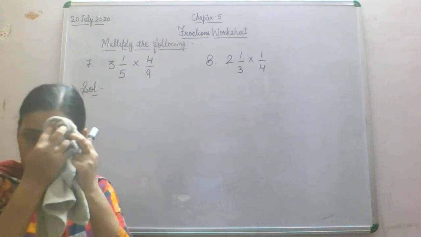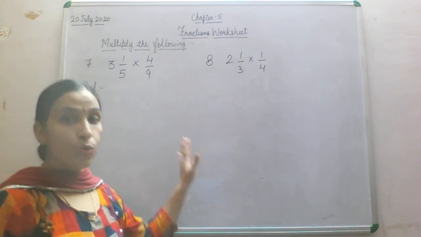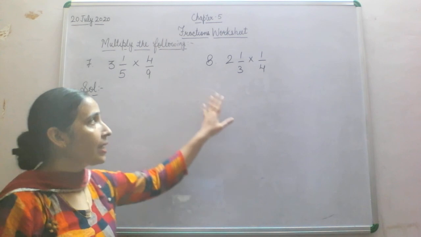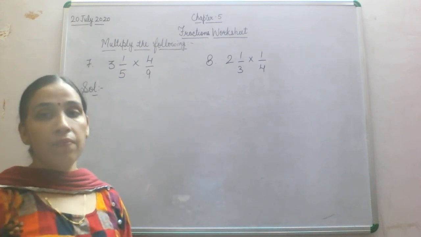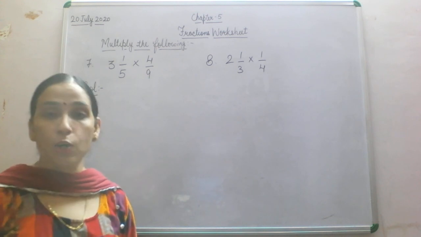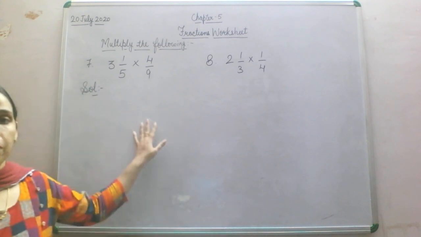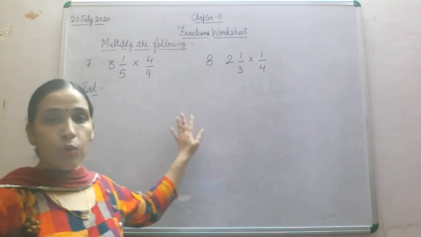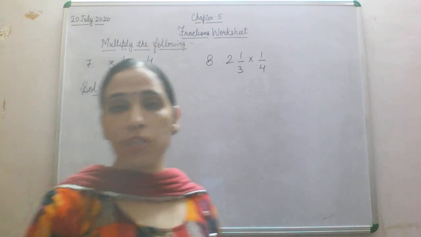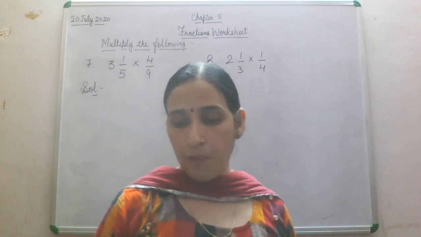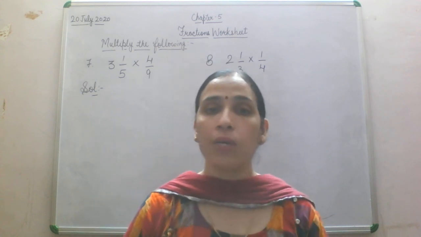In the worksheet I have told you the first 6 questions, and these two questions, number 7 and 8, are the same as question numbers 4, 5, 6. In fact 3 also, 3, 4, 5, 6. We have done 4 questions of this kind, and now these two questions are for you, and these 8 questions will complete your worksheet. Fine, you will do it, and if you have any doubt, we will discuss those doubts in the online class.